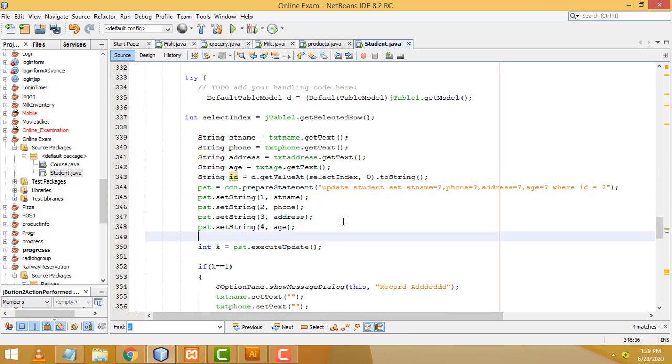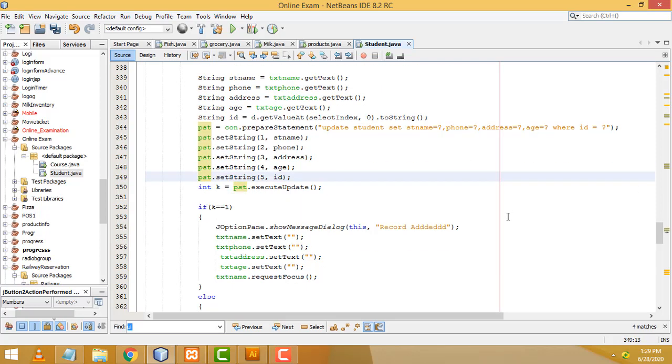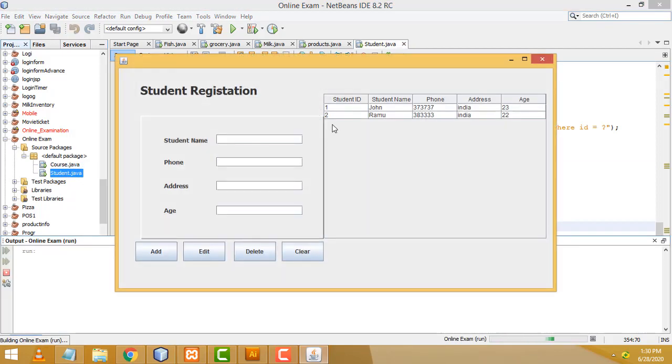Now here we have to pass the other stuff. Control C to copy, Control V. This one is 5. This one should be the ID. Control C to copy, Control V to get the ID and edit the record, right? That's the stuff here. Record edited. Right, that's the thing we have to do. Now let's check. Successful. So this works successfully.